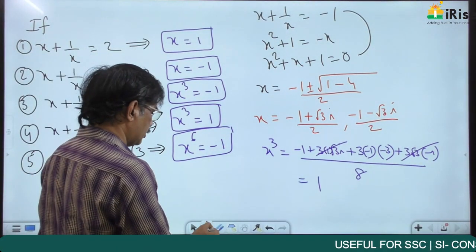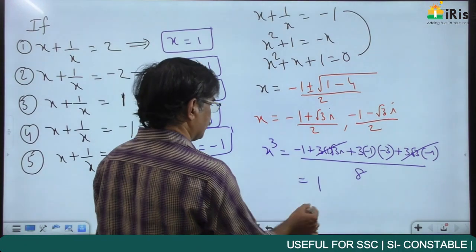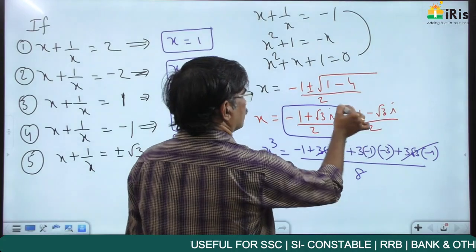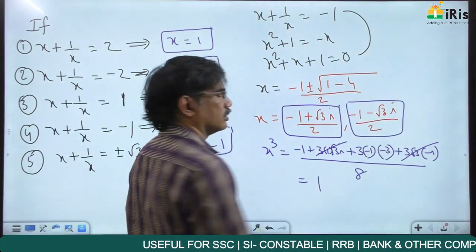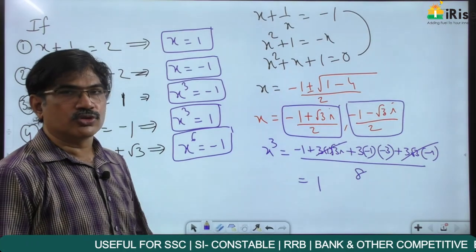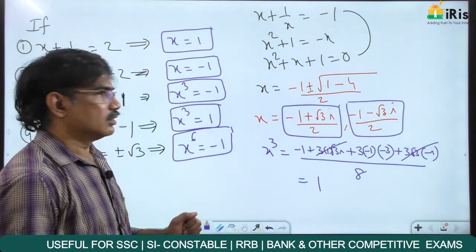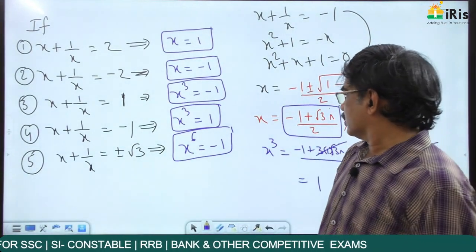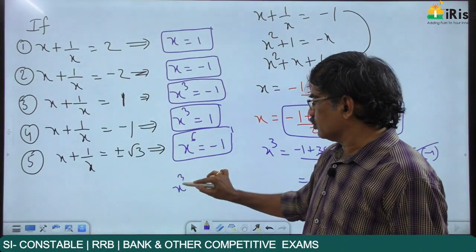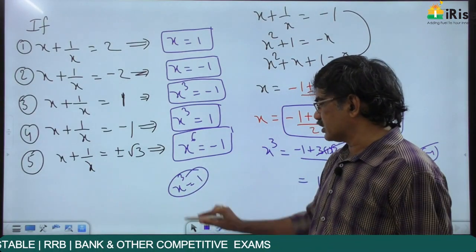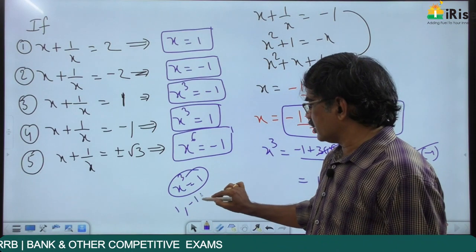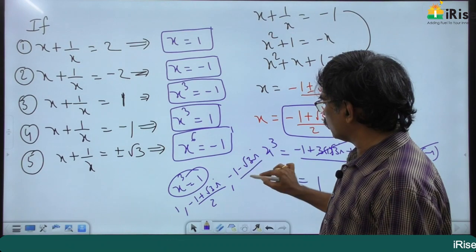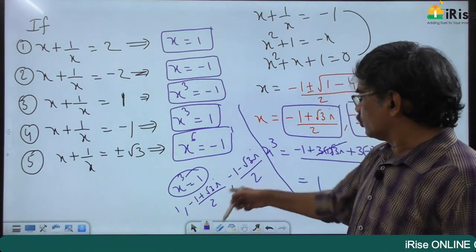And a very important point here is, see this carefully. Actually these two are cube roots of unity in the complex numbers topic. What are cube roots of unity? If x cube is equal to 1, then what are the roots of this? 1 comma minus 1 plus root 3i by 2 comma minus 1 minus root 3i by 2. These are called the cube roots of unity.